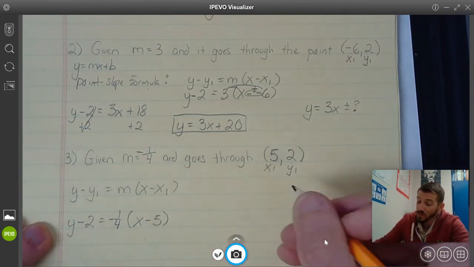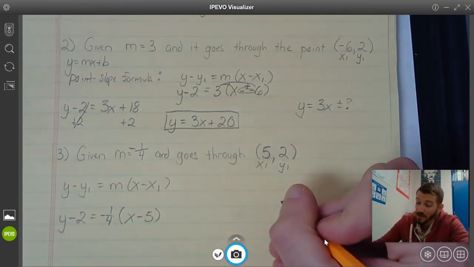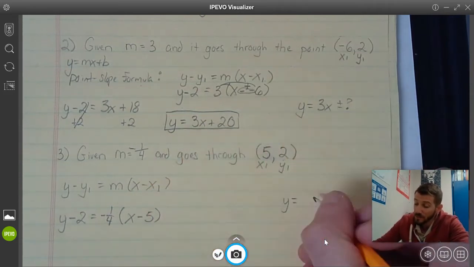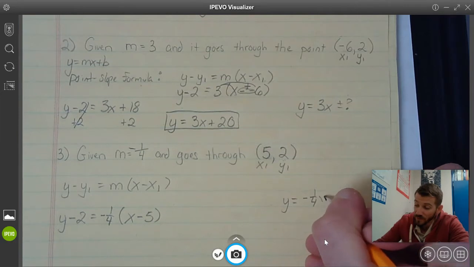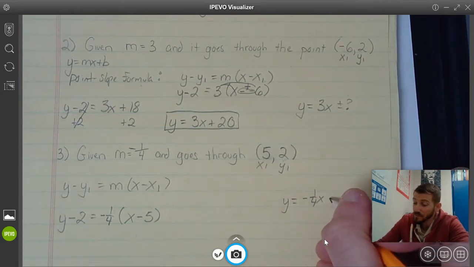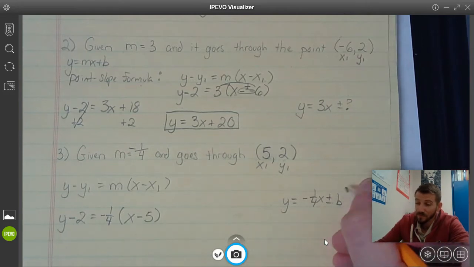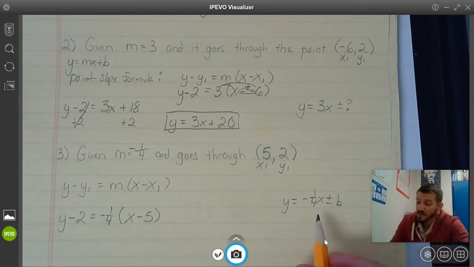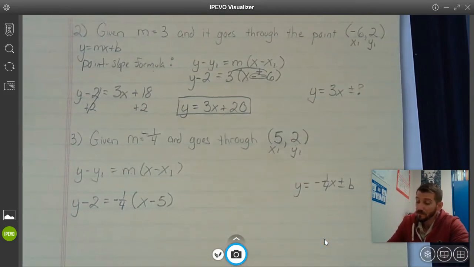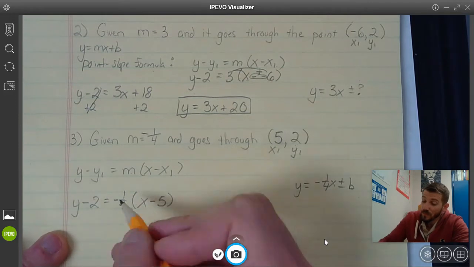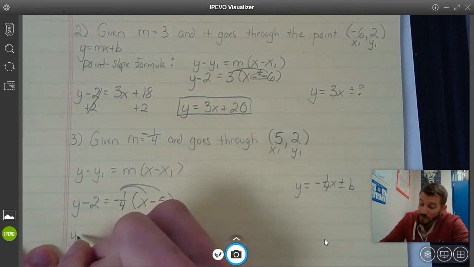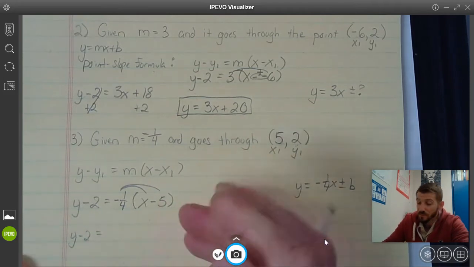Now remember what we said. We already know half of our answer. The answer is y equals mx. We know m already, negative 1/4 x, but we just don't know b. So we don't know what b is, plus or minus b. That's the question. Okay, so the next part, what can we do? Well, we can distribute. So y minus 2 equals